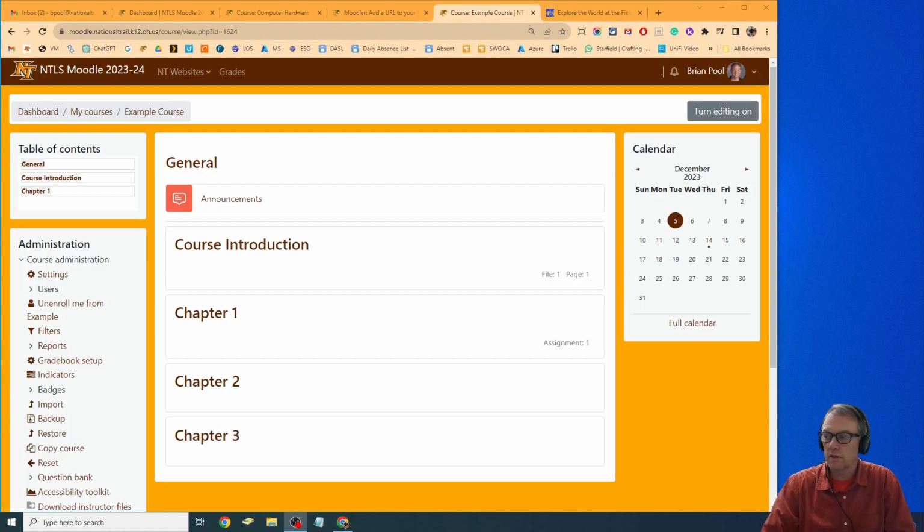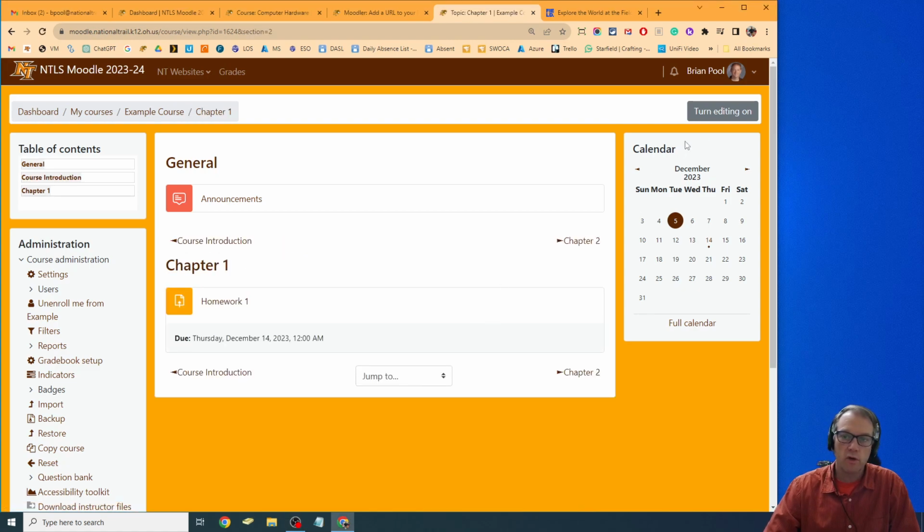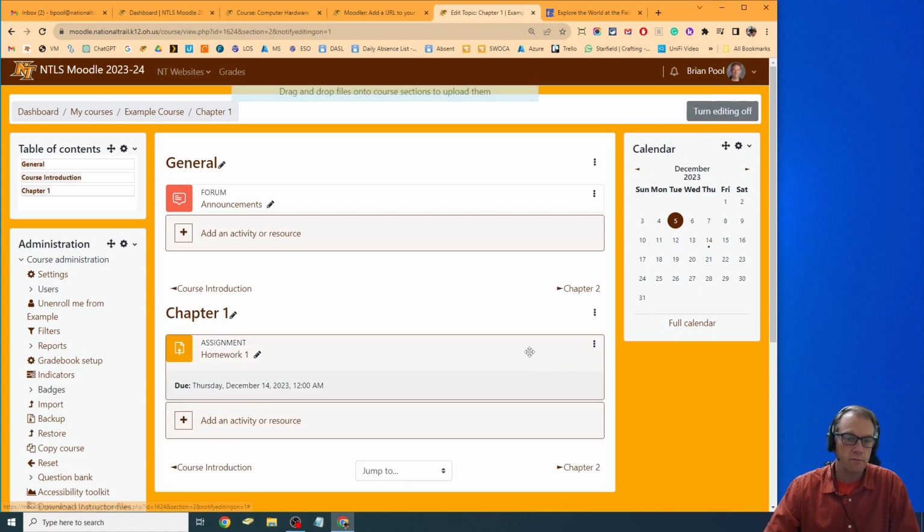Okay, the next thing on our list of resources is how to add a URL. A URL is just a link to an outside website, very easy to add. So if I was going to do our chapter 1 and we were talking about the Chicago Field Museum, I